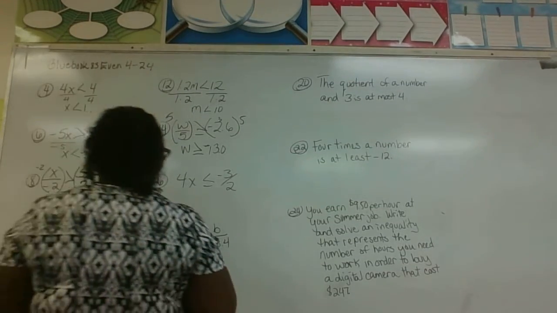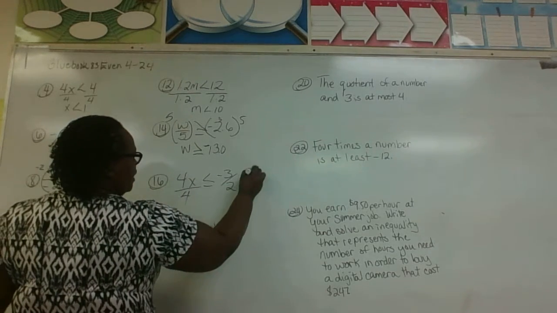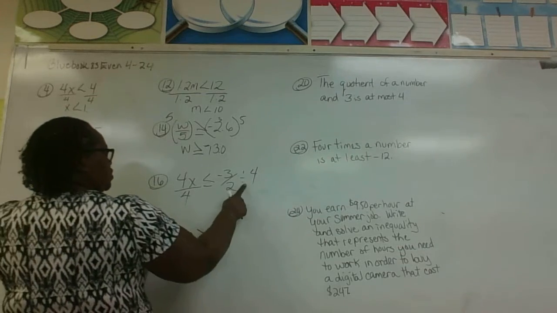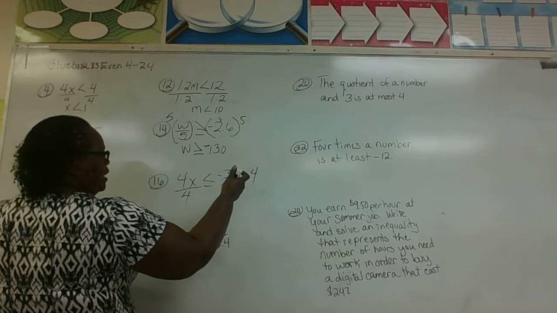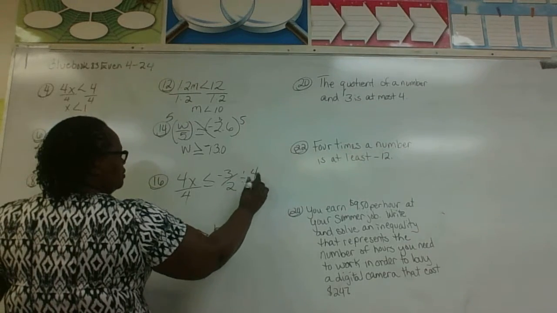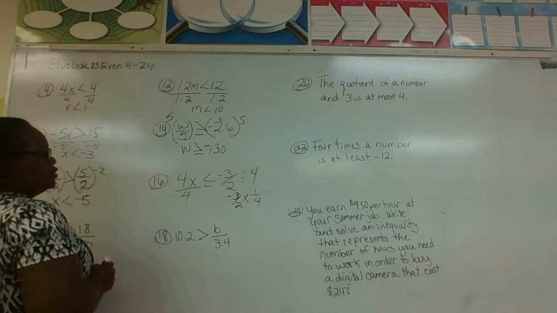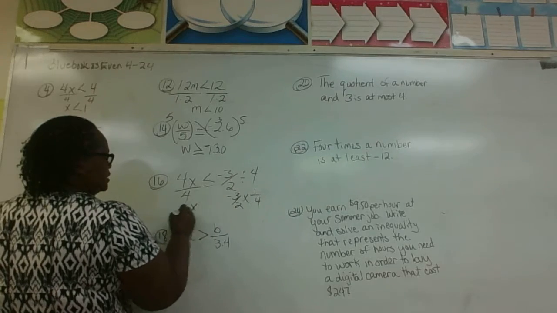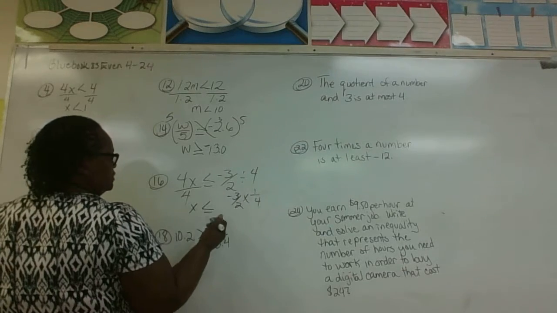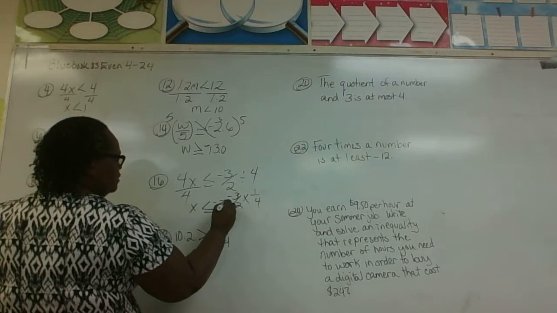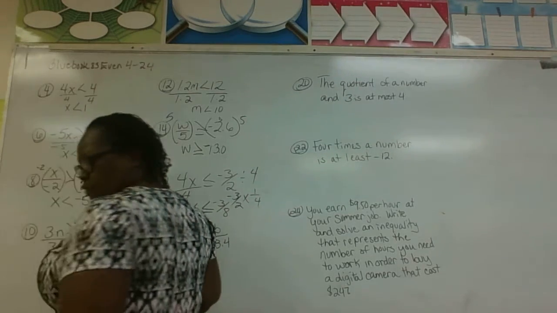All right, so here we're going to divide by 4 whole, and we would divide this by 4 whole, okay? Because we don't divide with fractions, we reciprocate and multiply. So this 4 will actually become 1/4 times -3/2, okay? Once we do that, then we realize that x is isolated. Okay, and what we have here is -3 times 1 is -3, and 2 times 4 is 8. Okay, all right, let's move forward on